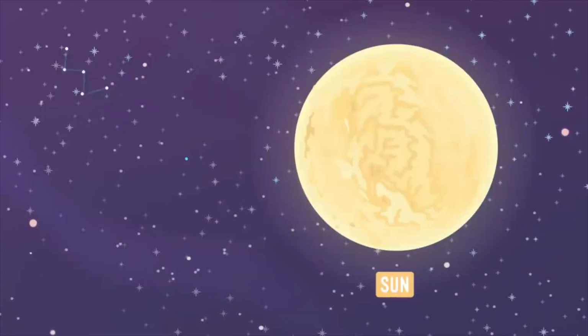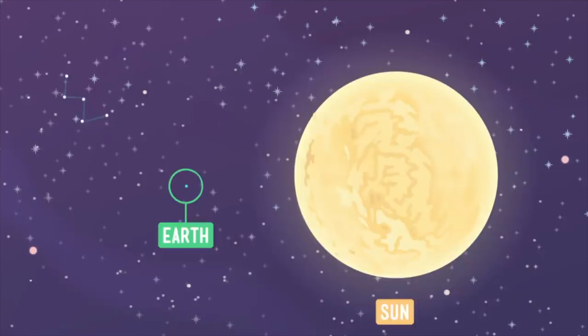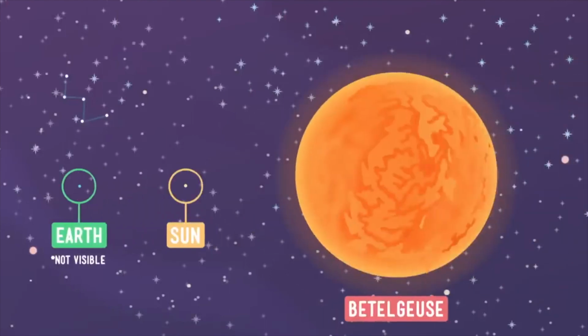Nope. I mean, don't get me wrong, the sun is huge. More than 1 million Earths could fit inside it. But it's not so big when you compare it to Betelgeuse. Because Betelgeuse is gigantic, about 400 times bigger than the sun. But because Betelgeuse is located much farther away from us than the sun is, it appears less bright to us. If the sun was located that far away, you'd need a telescope to see it at all, since it doesn't have as much power as Betelgeuse.